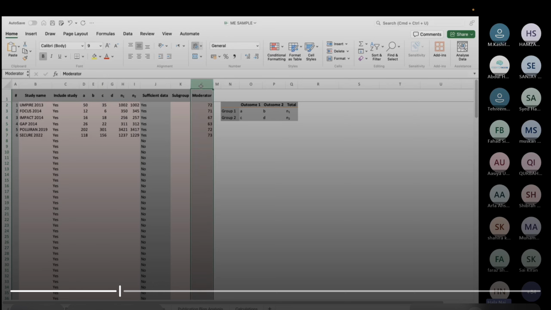सही है? Moderator variable, फिर जो एक column देखना है हमने, that's the moderator variable or the moderator column which I've highlighted. Moderator is the variable that you want to see an effect or an association with the outcome. ठीक है? So in this case, I'm trying to see if mean age has any association with the outcome, which is MACE. तो मैंने यहाँ mean ages add की हैं सारी.